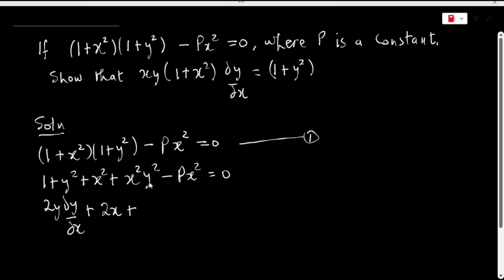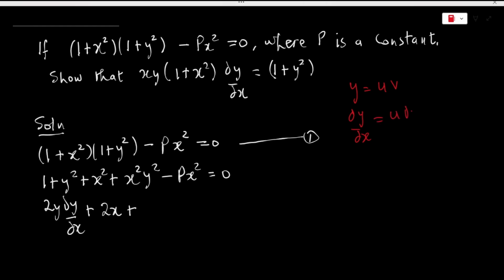Now, this is a product of x² and y², and to differentiate this expression, let's apply the product rule. By the product rule, given y is equal to uv, then dy/dx is given by the formula. So if u corresponds to x², then du/dx is equal to 2x, and if v corresponds to y², then